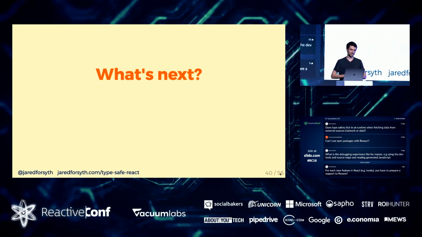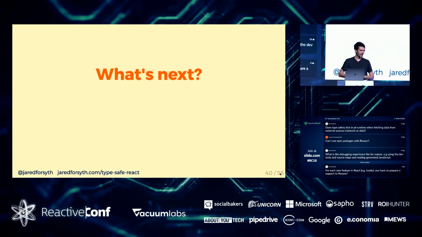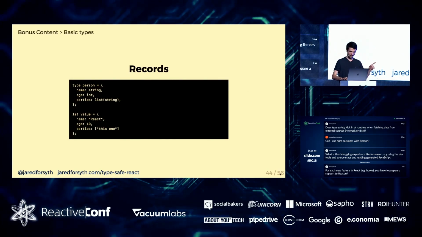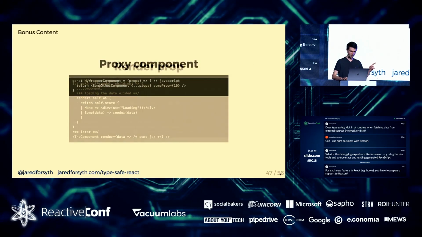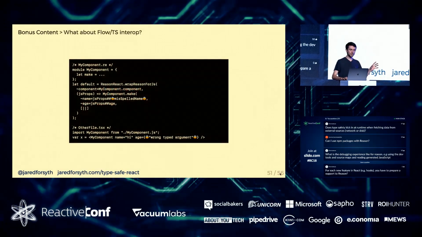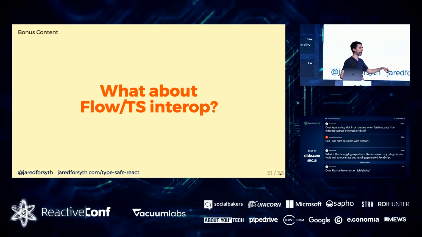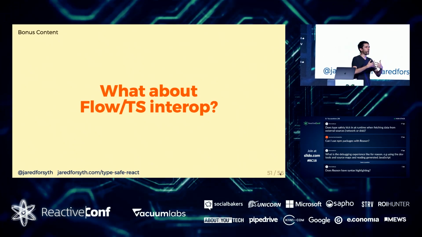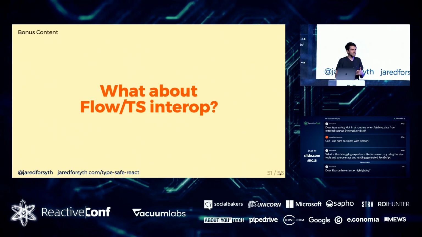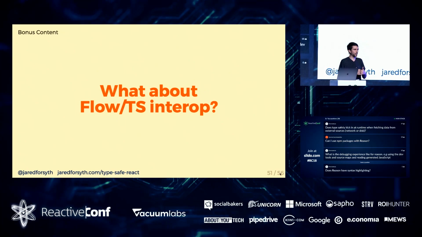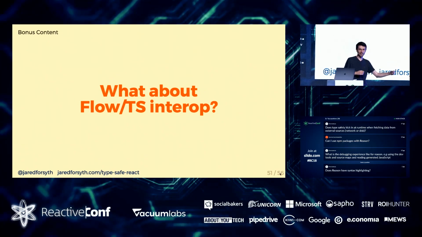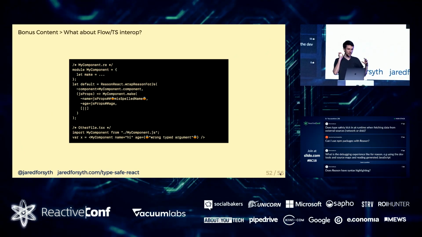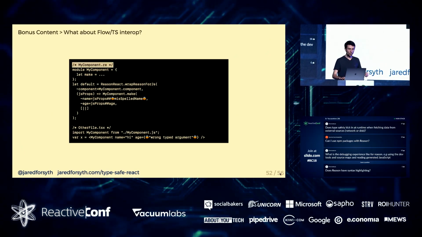So what's next? Actually, I've got a little bit of extra time, so I've got some extra content here. You might be wondering, if I'm using Flow and TypeScript already in my JavaScript, and then I add in Reason, I want to make sure I'm not losing type safety by adding in this new type-safe language, right? For example, from using a Reason component in JavaScript, what if I